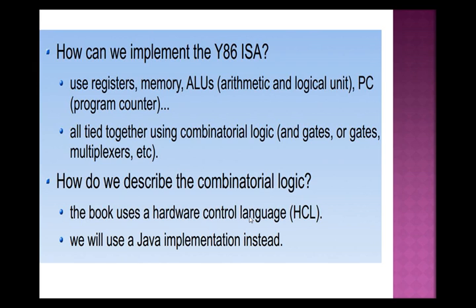Then the next point says all tied together using combinational circuits. That means there is a requirement of registers, memory, and ALU. Along with that, there is also a requirement for combinational logic, combinational circuits, combinational gates, that is AND gate, OR gate, multiplexer. These include NOT gate, AND gate, NAND gate, XOR gate, OR gate, exclusive OR gate, multiplexer, demultiplexer. There are so many combinational logic circuits that we discussed in yesterday's class that are all required for the implementation